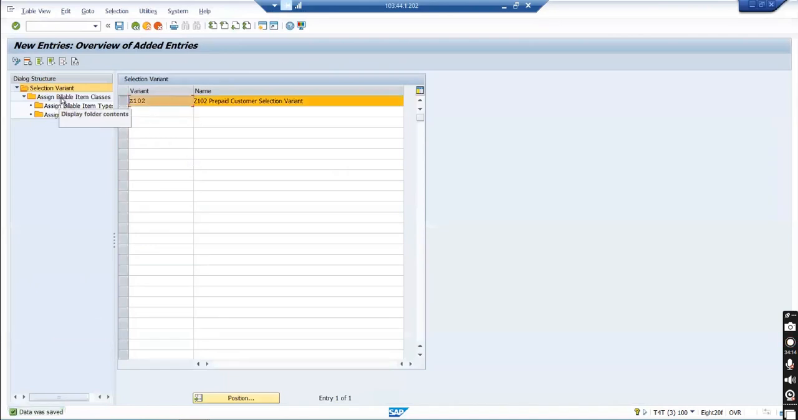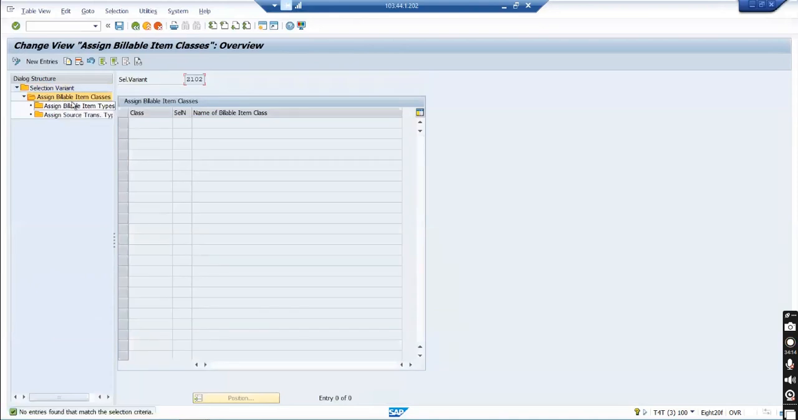Select assign billable item classes. Here I will mention only which billable item classes will be used for this selection variant. Ideally you will see only one billable item class is used, never club. If you want to add multiple, I have never seen, you must create separate selection variant. So this will be used for